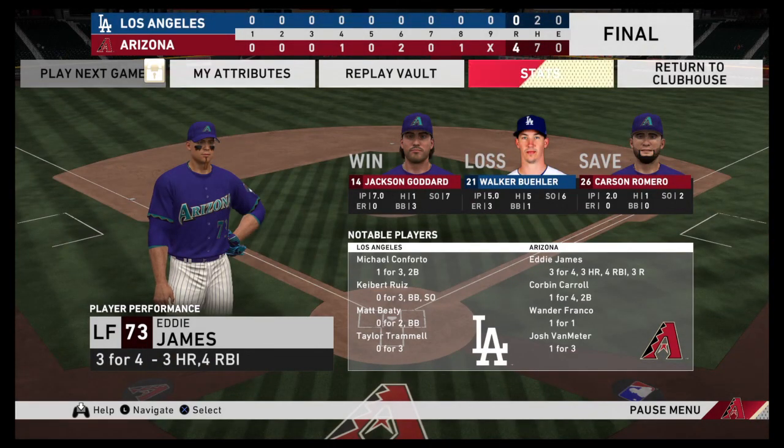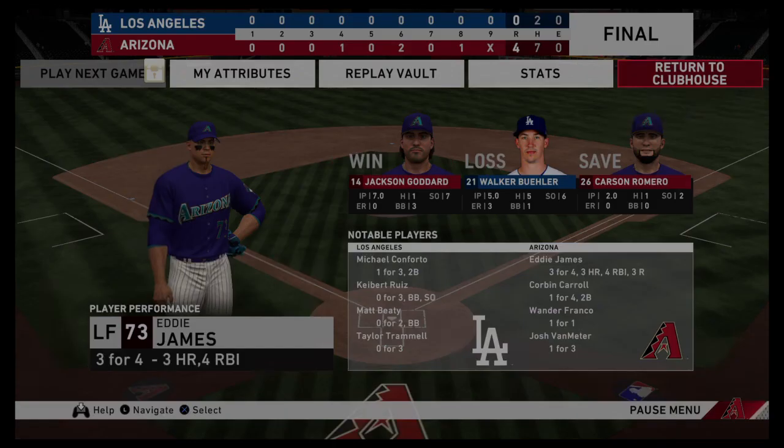The final line score for our ball game this afternoon for the Big